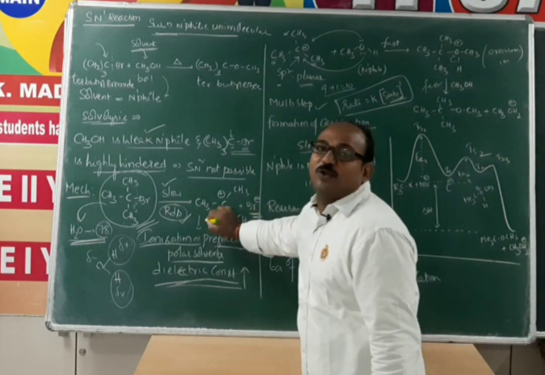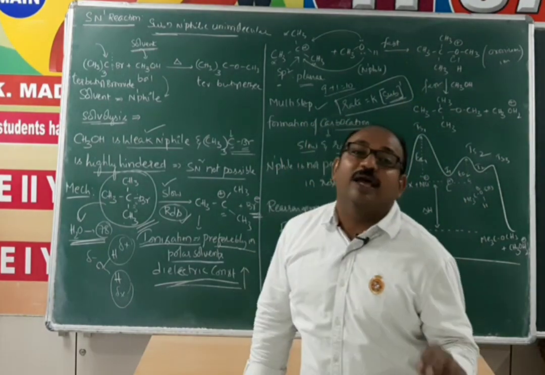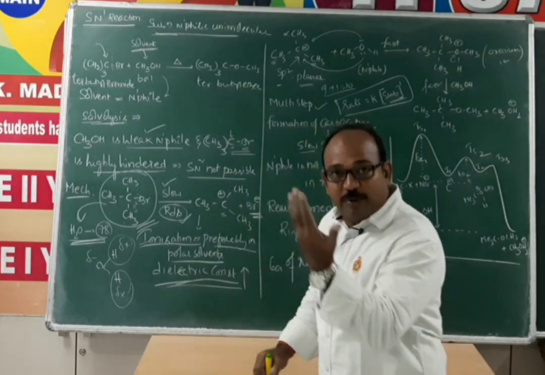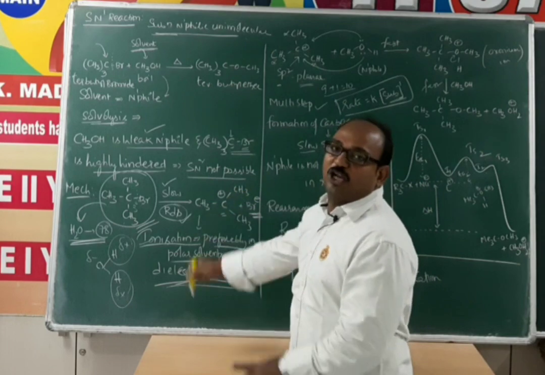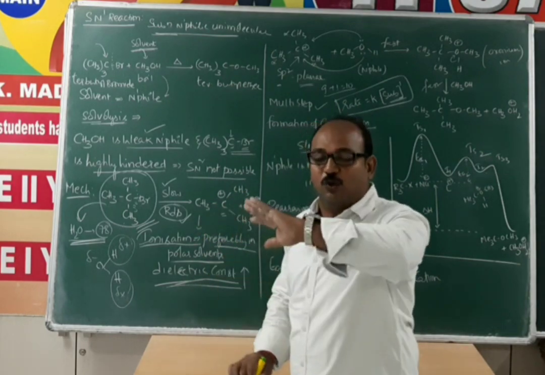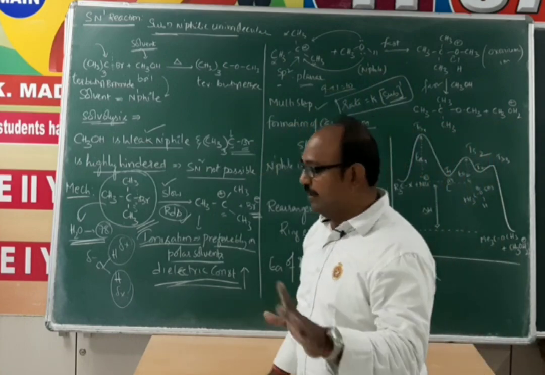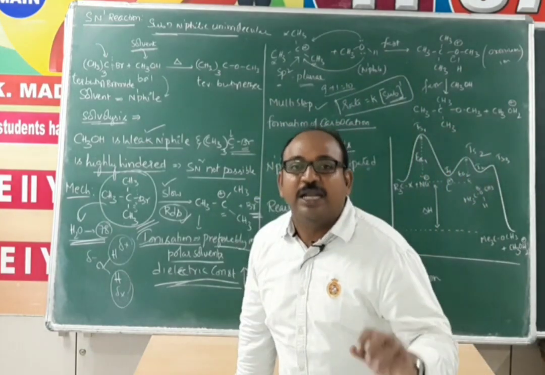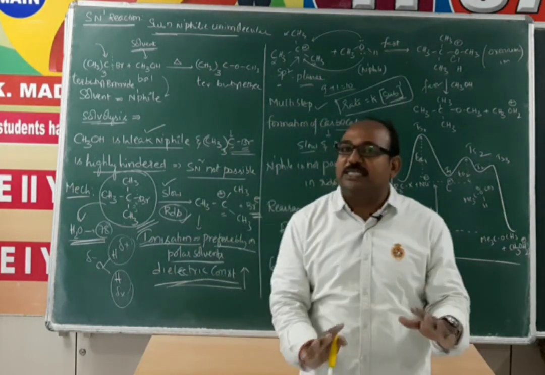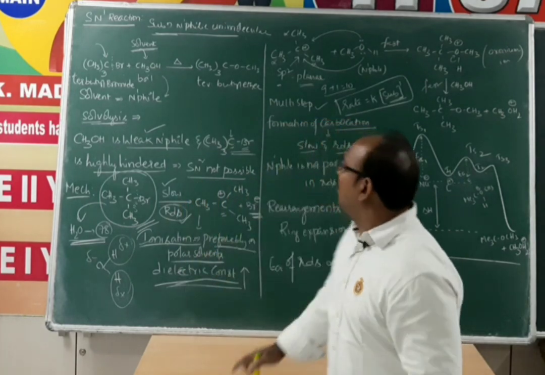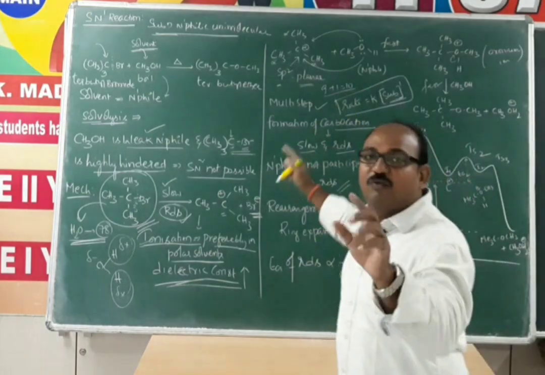Which step is a slow step and which step is a fast step, we cannot predict. That we can determine from experimental data. Based on experimental analysis, we came to the conclusion that yes, the first step is a slow step and the second and third steps are fast steps. Fine. Why does the rate of reaction depend only upon the slow step? Why does it not depend upon the fast step? Why is rate independent of the fast step?